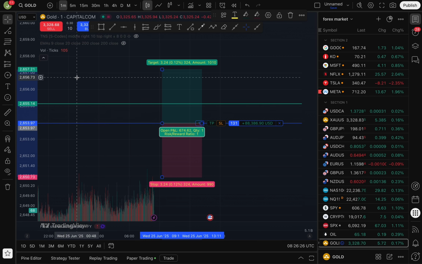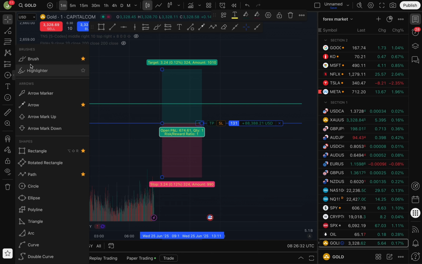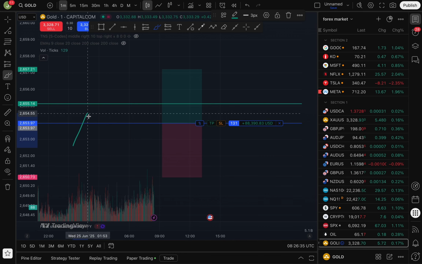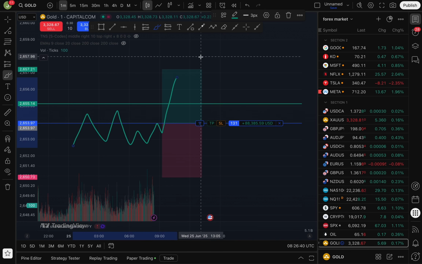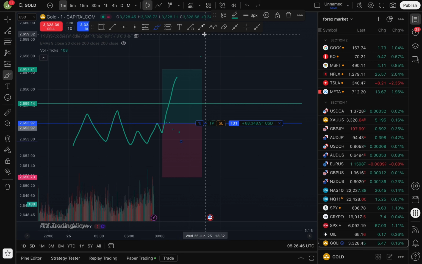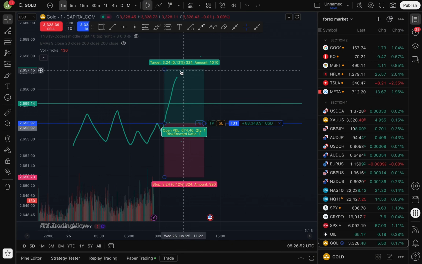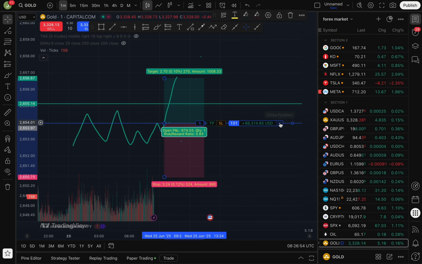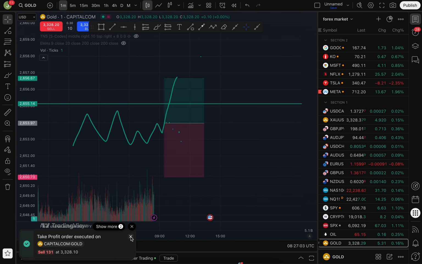So let's say a candle was formed right here. We can actually draw, if I can find it. Oh yeah, brush. Let's say a market, and I buy right there. Say I buy right there. Oh, I'm still drawing. I forgot. You gotta turn that off. So I'm still drawing. But let's say I buy right there. I hit my take profit. I exit out. Close position with this X. You can actually add a stop loss or take profit right here. Boom. Oh, and it just took me out. So I reached it, and yeah,